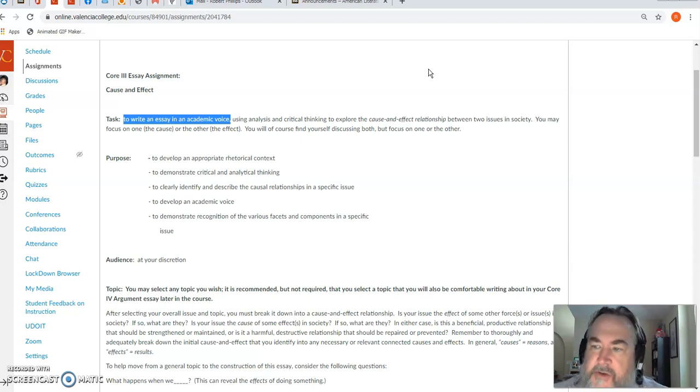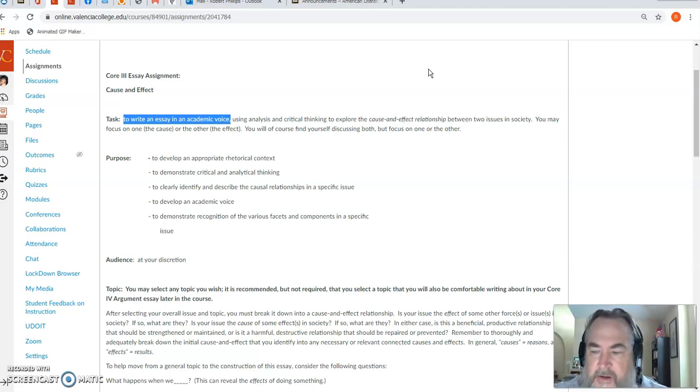You possibly still can write in the first person, for instance. Academic voice doesn't necessarily preclude writing in first person. It's not one or the other. But you may not need the first person, the I, the me, that we refer to as first person. There may not be a role for it in this type of writing because you're not really writing about yourself or your experiences or your observations or, frankly, your opinions.